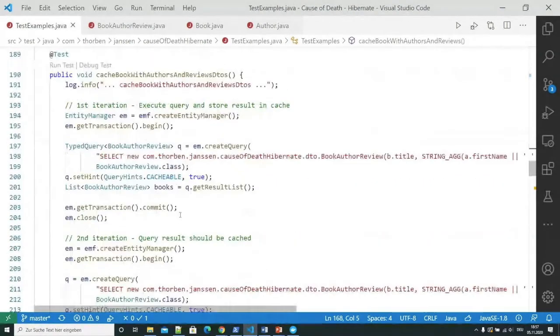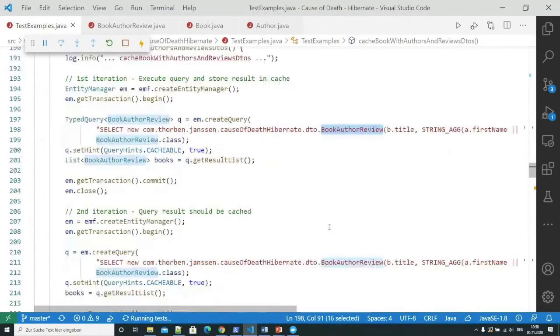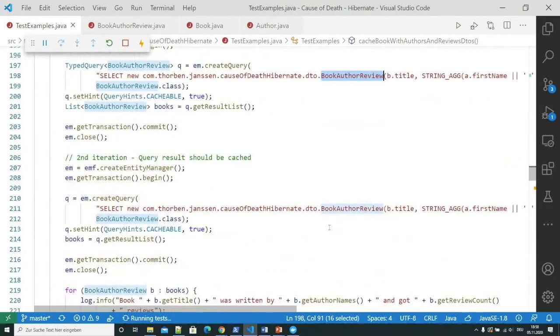By the way, you can use the query cache also for other queries that don't return entities. You can also use it for queries that return DTO objects.